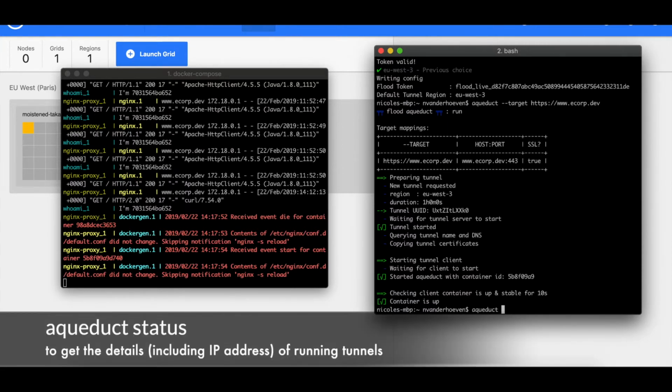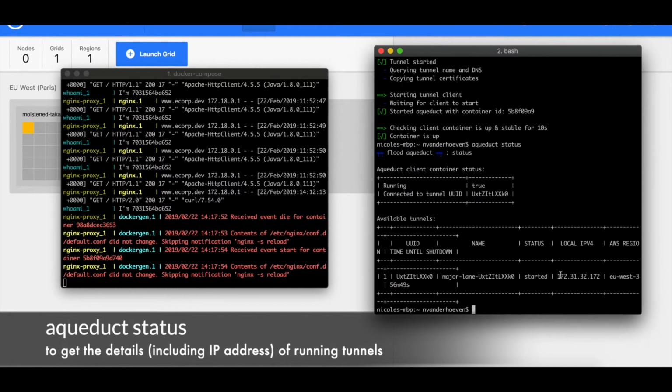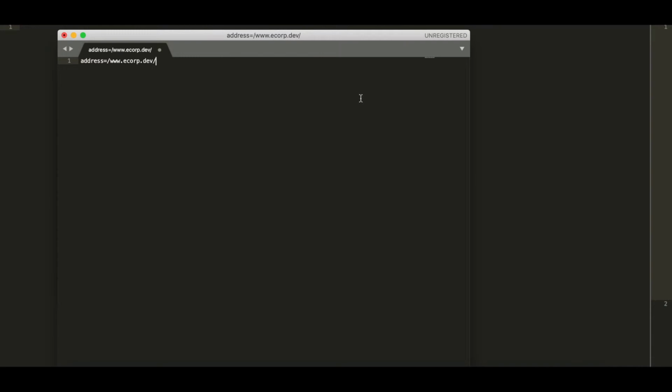I'm going to type in aqueduct status, which will bring up all of the tunnels that are currently running. So this is the tunnel that we just created, and as you can see, it's in EU West and will be active for another 56 minutes. So we're going to go ahead and copy this IP address, and then in a text editor, we're going to type in this line